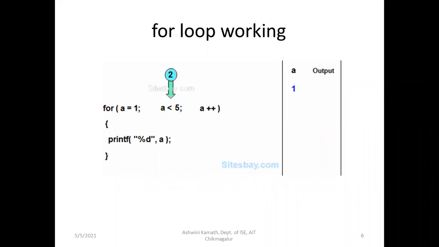So you can see that when we have the value from 1 to 5, here the condition is a less than 5, so only 4 times it got executed, for 1, 2, 3, 4. And for the 5th time, only the comparison operation was checked. That is the false case, but it has not displayed the value of a because the condition is false. So 5 is not displayed. I hope you understood the concept of for loop working.